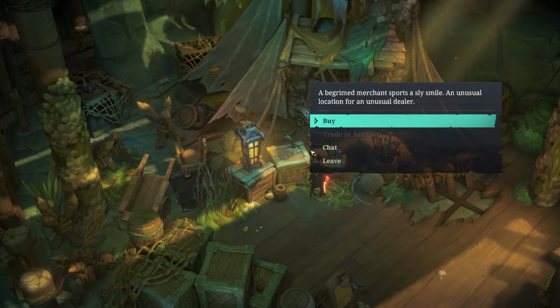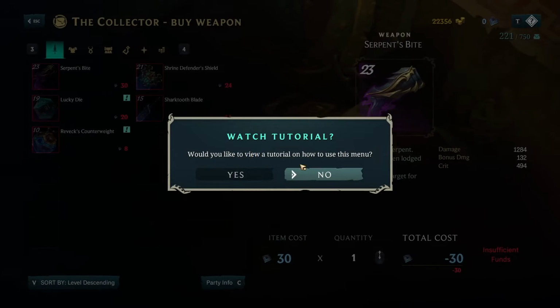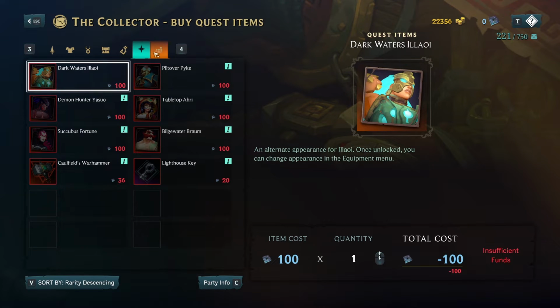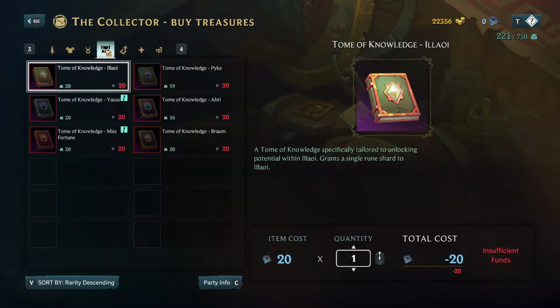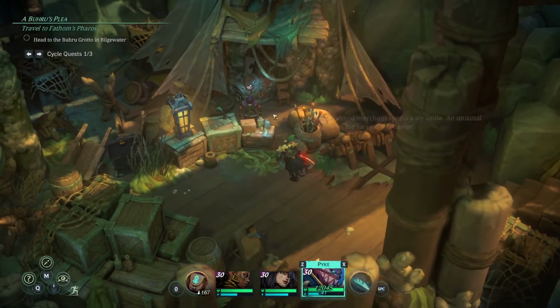And in this NPC you can click trade in artifacts to trade any artifacts that you have found for black marks, but you need to go here into the shop and you can click under treasures and you can see a Tome of Knowledge for Pyke or for any hero would cost 20 black marks. And normally there's a stock of 20, but I've had cases where I would buy some of those books, then I would go to another zone, come back later, and then it will still be 20 left, even though it was back to 18 or 17. So 20 is the cost of each book. And again, you can trade artifacts